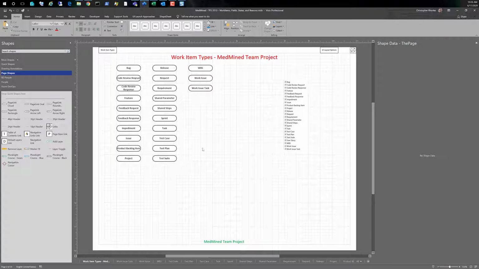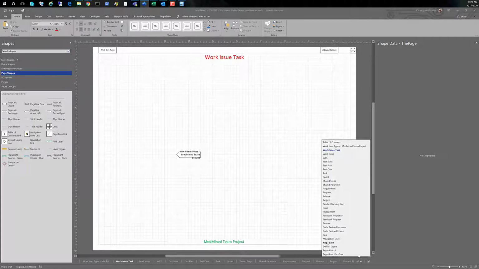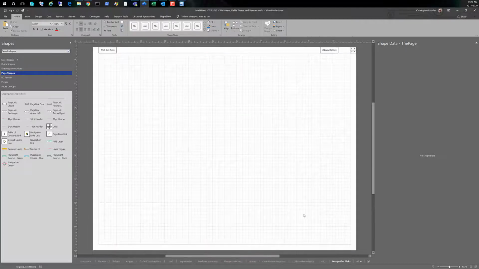And I want you to notice that for each page that gets created, go back to the one we just created, it pulled in the navigation links that existed at the time of the page creation on the navigation links page. And I know we don't have a UI layout options page, so I'm going to delete that from the navigation links page. And I'm going to go back to the work item types page,